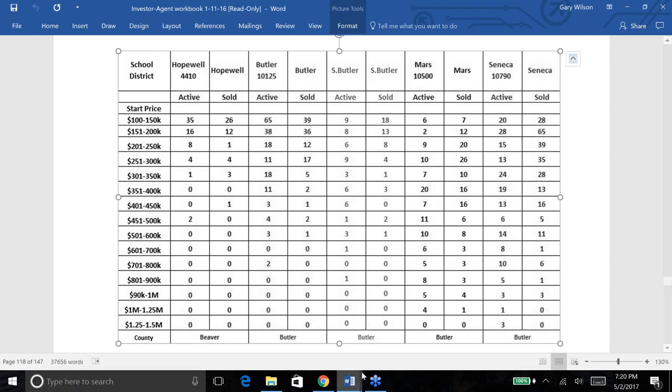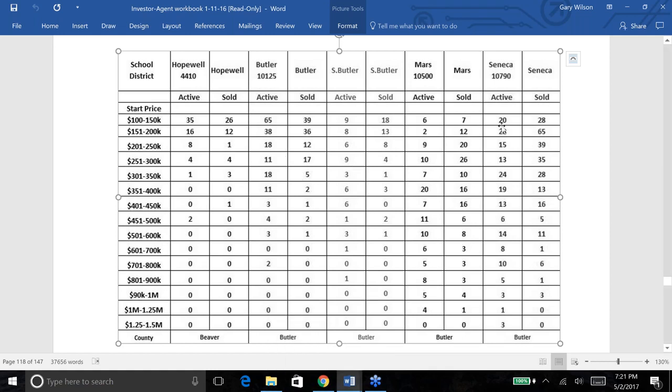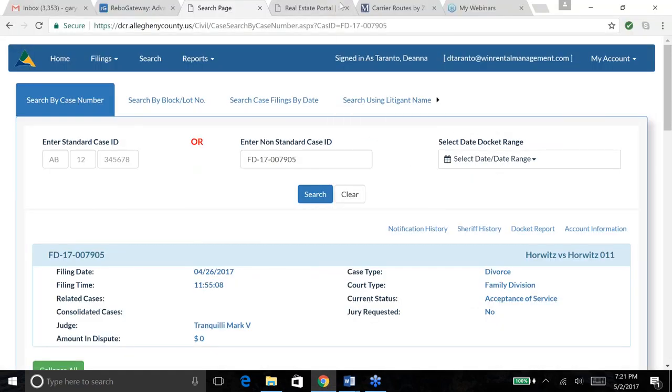That's the school report. Now let me reduce this so I can go back to the next thing, which is Melissa Data. So keep in mind, so far we know the school area and we know the price range. In this example, between 150 and 300,000. Okay. So let's go to now